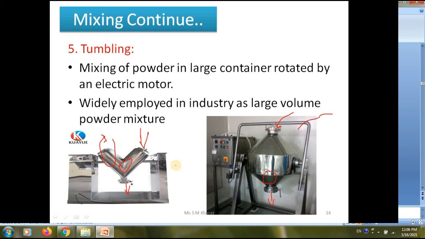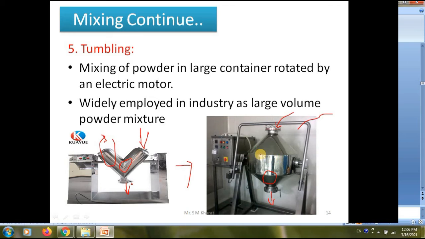So both these techniques are used for the large scale manufacturing. So the capacity of these are ranging from 100 kgs to almost 500 kg. So such kind of large powder can be handled in this equipment. Okay, so these are the large scale mixing powder, so that I have told initially. So every time we cannot use the spatulation method, or we cannot use the trituration method in this, right? So for that purpose we are going to use in the industry scale, these are the tumblers.